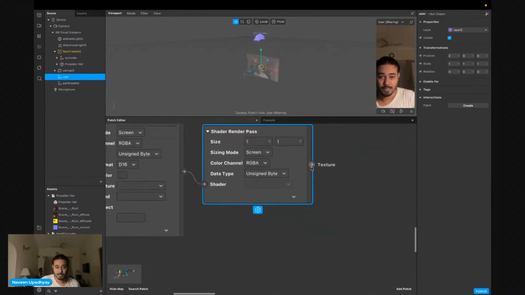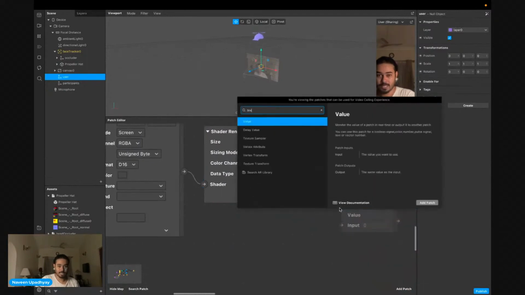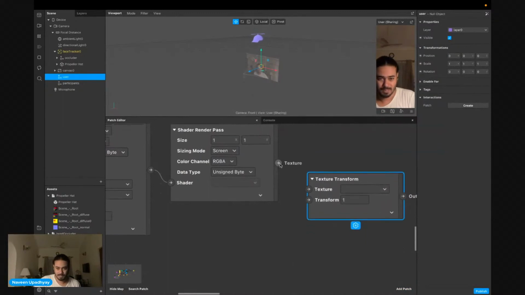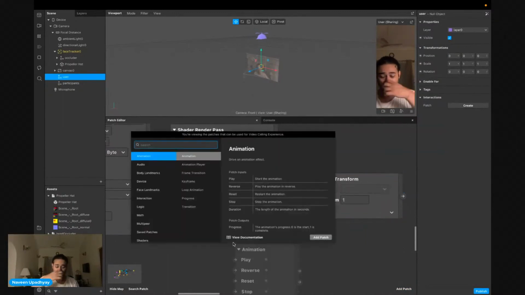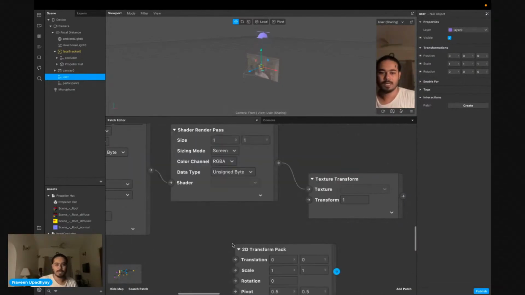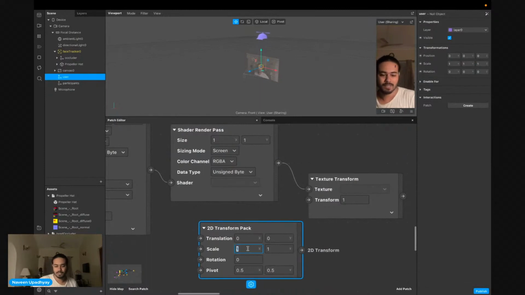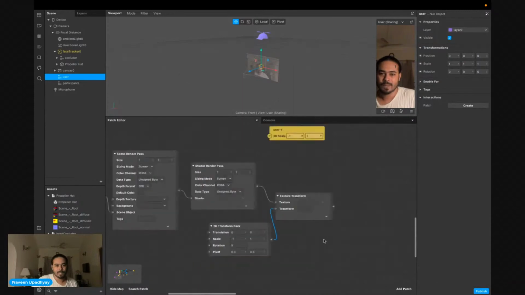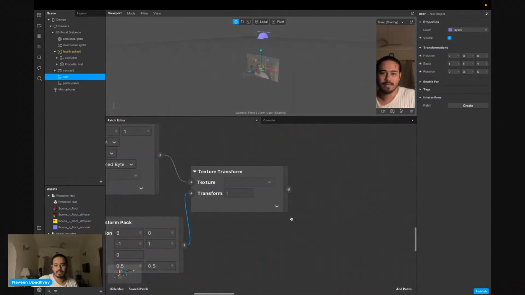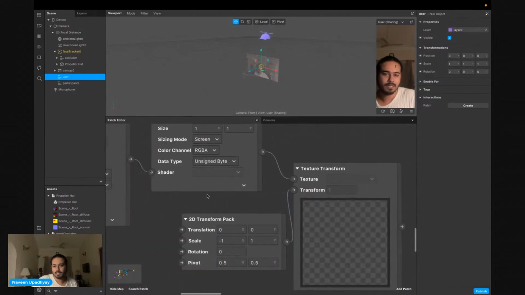I take this texture and use a texture transfer, and this transfer is similar to what we do when we adjust with respect to the screen, like resizing the screen. Here we're not resizing, but just inverting it, so we just change it differently. And I can render this to a material. I can take a material and render this to, let's say, a canvas or something. So right now, whatever was there is just inverted.